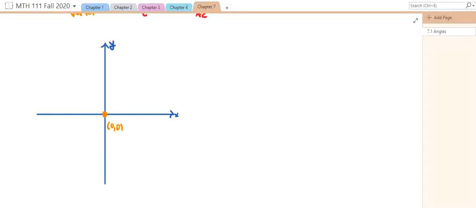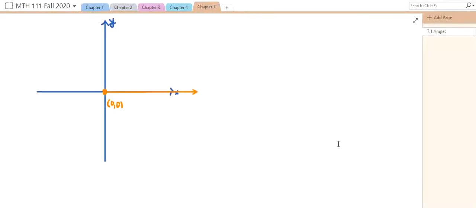And we'll create a ray in this direction that follows the x-axis. So this orange ray will be our initial side,